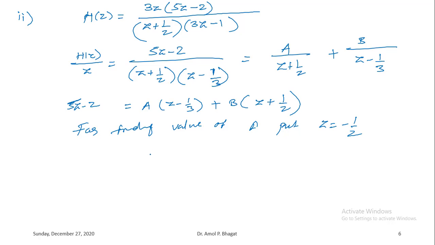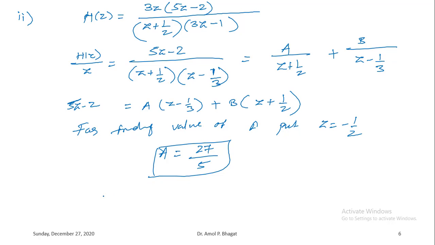So if you substitute z equals minus 1 by 2, this term will be 0, right? Here you will get minus 1 by 2 minus 1 by 3, here it will be minus 5 by 2, minus 2 will be there, right? And if you solve that equation, you will get a value of a equals 27 by 5,